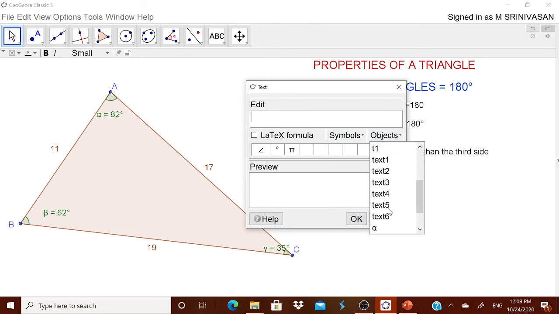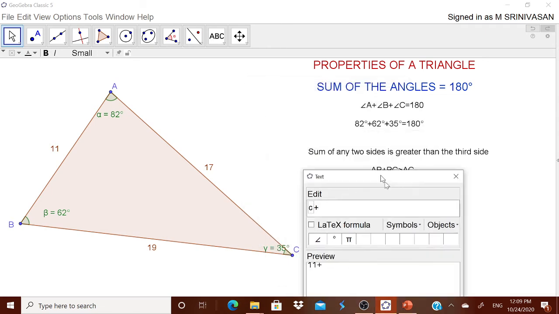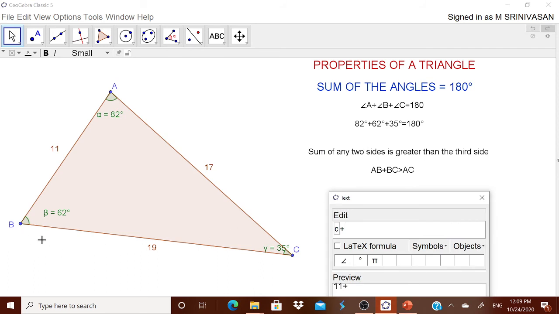Therefore, go to this object and then select C plus AB plus what there? BC. What is that BC? You should know it. BC is opposite here. Therefore, C plus A. A should be selected from the object. When you select it from the object, then only it is a variable. Is greater than. I think all of you know that B should be selected.